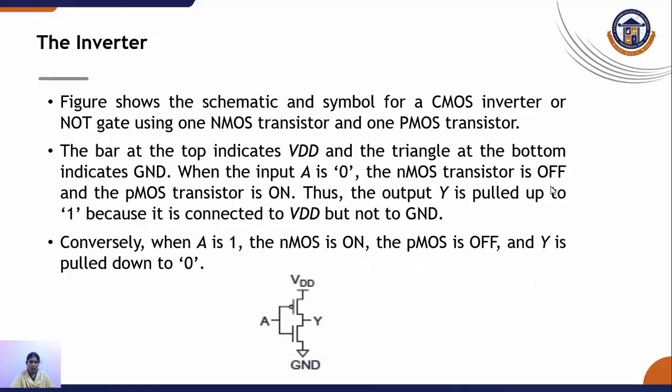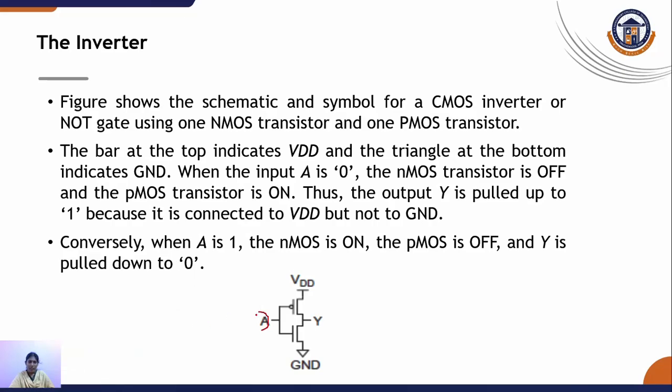So the same logic is implemented in the form of a CMOS circuit. What is the concept of CMOS? Combination of NMOS and PMOS. We convert the gate into transistor level, and at transistor level we follow CMOS logic. In CMOS logic, it is a combination of NMOS and PMOS. Always NMOS is placed at the bottom of the circuit. PMOS is at the top of the circuit. Already we discussed this concept. So in a similar way we design our logic. Here A value equals 1.